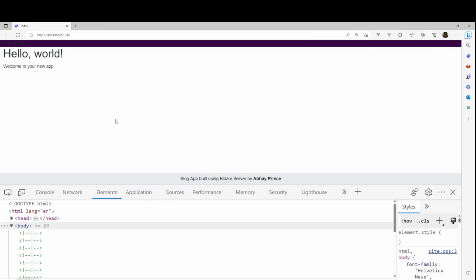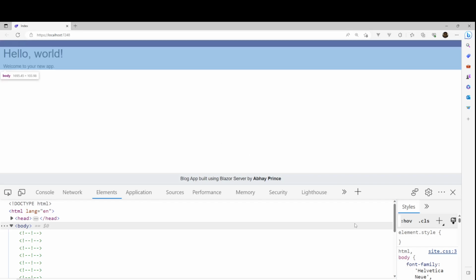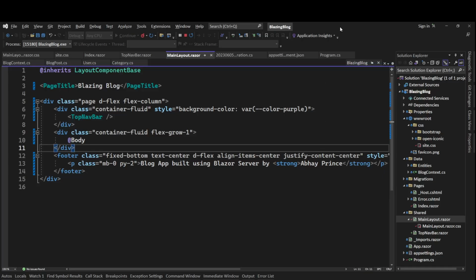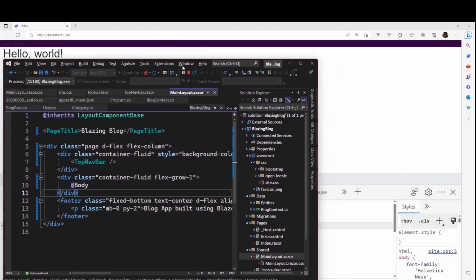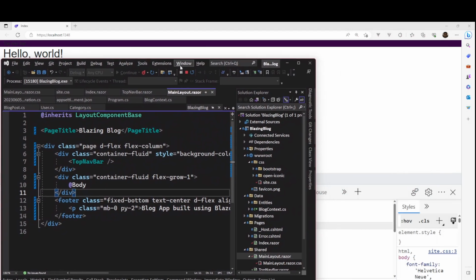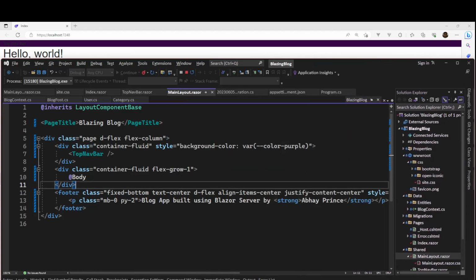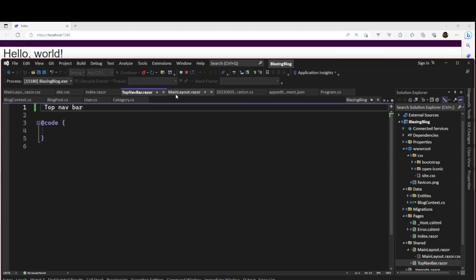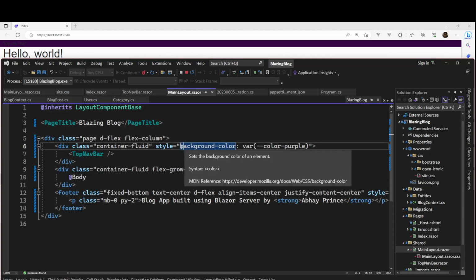Fine. Now we'll design this main menu bar. So let's start. What we can do, let me have it here only, and I'll put it here so that we can see the changes in real time. Fine. So let me go to the top nav bar, or before that, let me move these styles